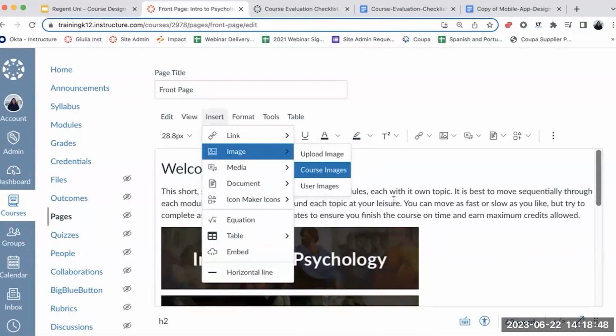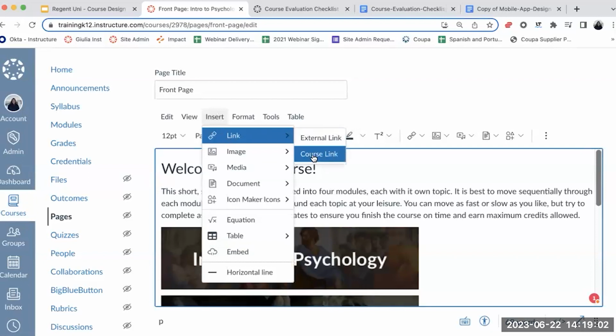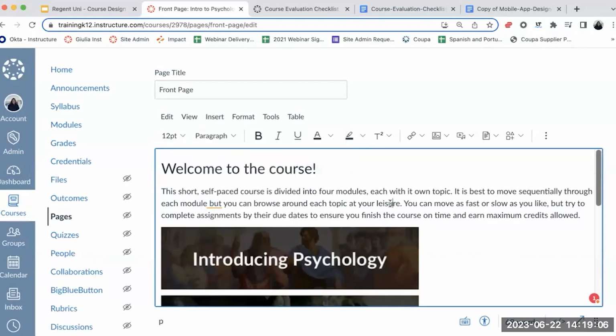If you want to give students access to the syllabus right away, you can easily link out to the syllabus and say, please check out the syllabus. Please find content inside modules. Having the ability to use course links as well. So all of the items, icons, text that is added in this space will be done through the use of the Rich Content Editor and in the best way you find to support